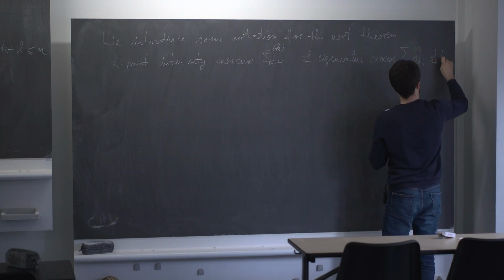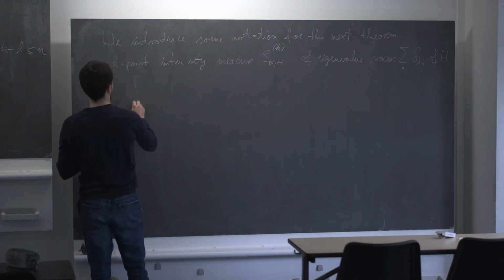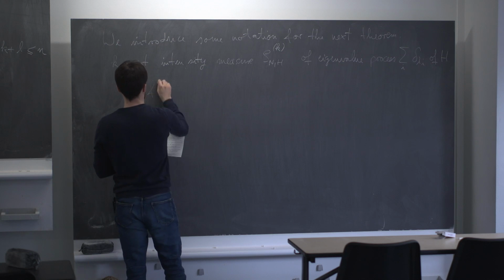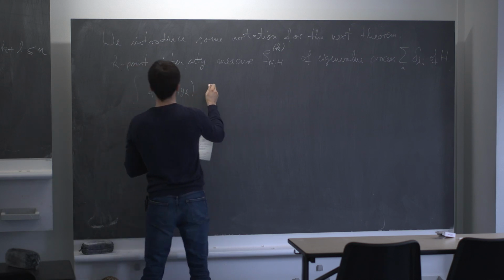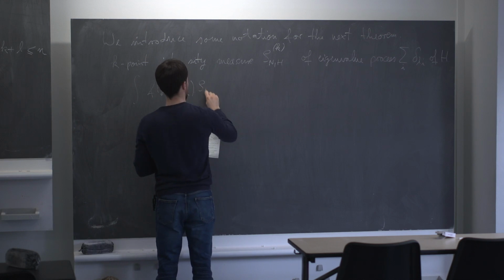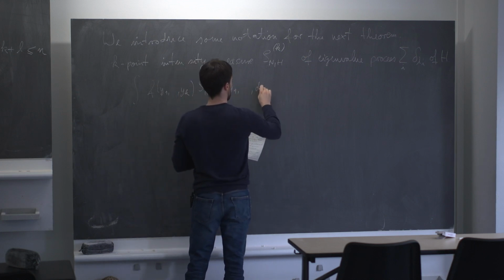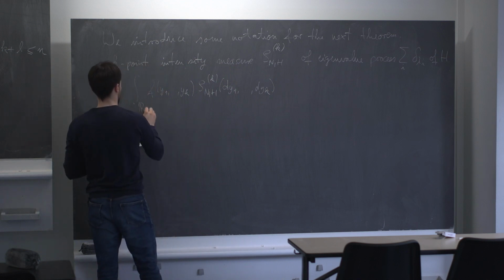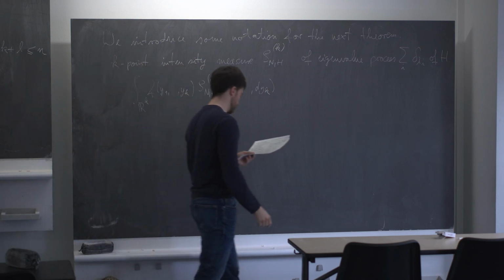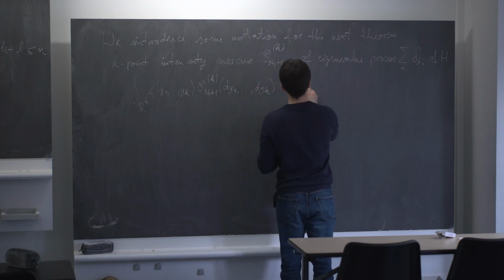And now all eigenvalues are with respect to H. And I define it as follows. If I take a test function f, and then I integrate with respect to this measure, dy1 up to dyk, now everything is in R^k. All eigenvalues are real. Then this is defined to be the expectation,